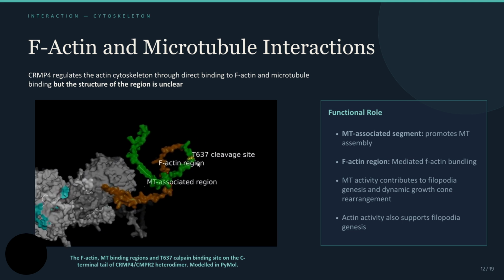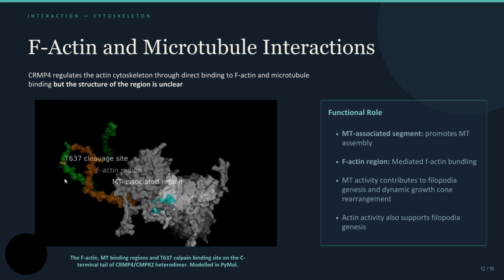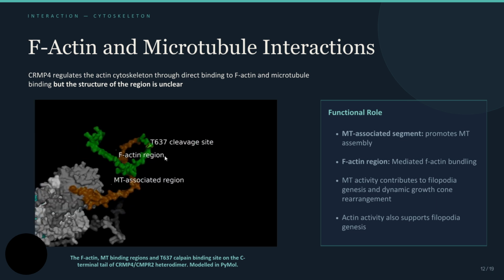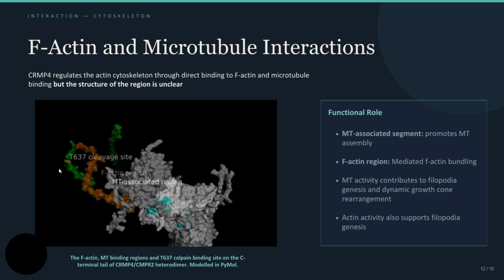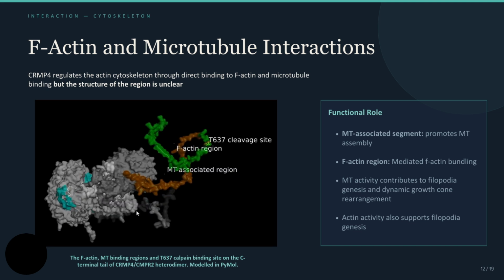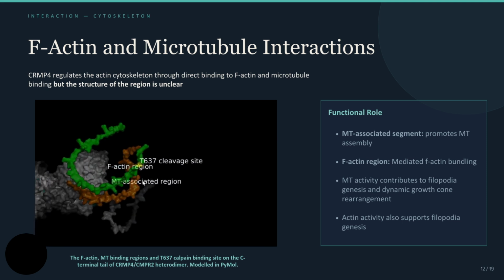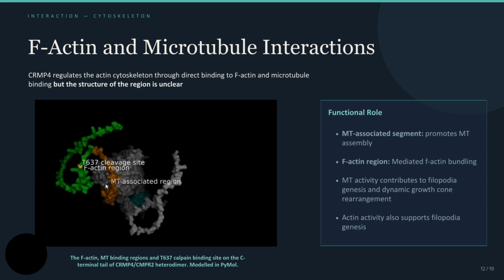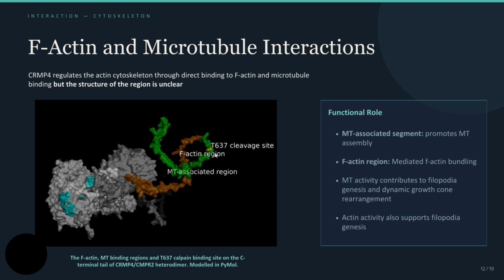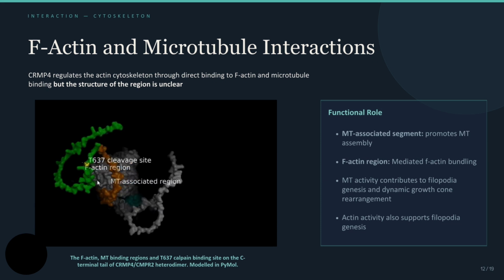CRMP2 regulates both major cytoskeleton systems in the growth cone. The microtubule-associated region promotes microtubule assembly, and this activity contributes particularly to filopodia initiation and dynamic rearrangements of the growth cone. The distal C-terminal region between amino acids 470 to 570 mediates F-actin bundling and is especially important for filopodial extension. Loss of CRMP4 leads to smaller growth cones with reduced lamellipodia and abnormal cytoskeletal organization, while overexpression can enhance